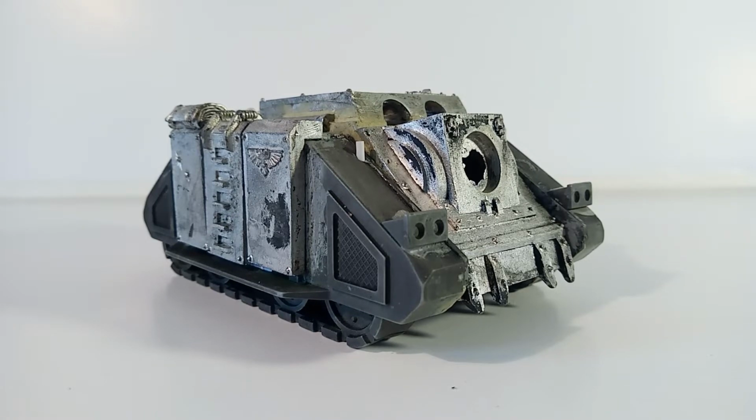Anyway, welcome to the video. This will be me documenting the process of restoring an old pewter and plastic Games Workshop Vindicator model that I've had for several years. I originally got it in a charity shop,